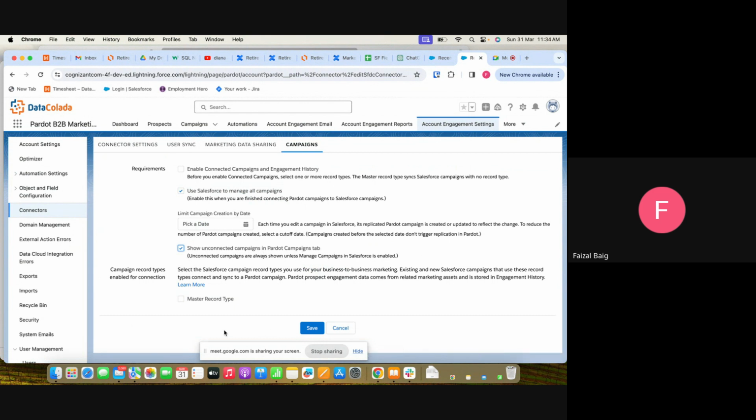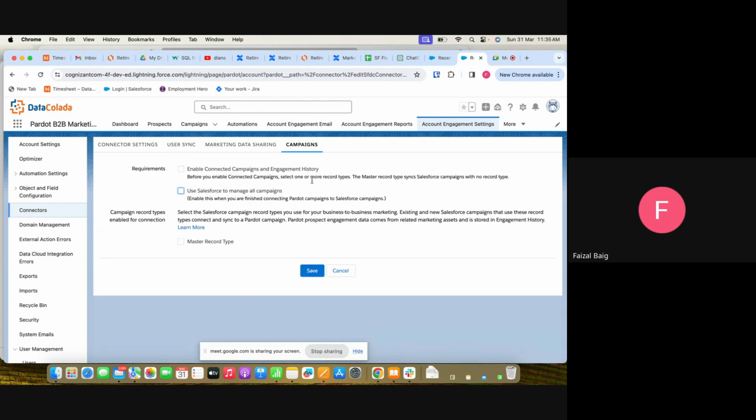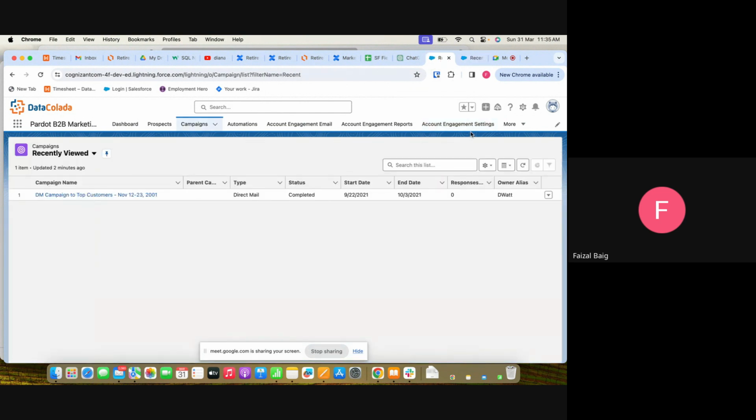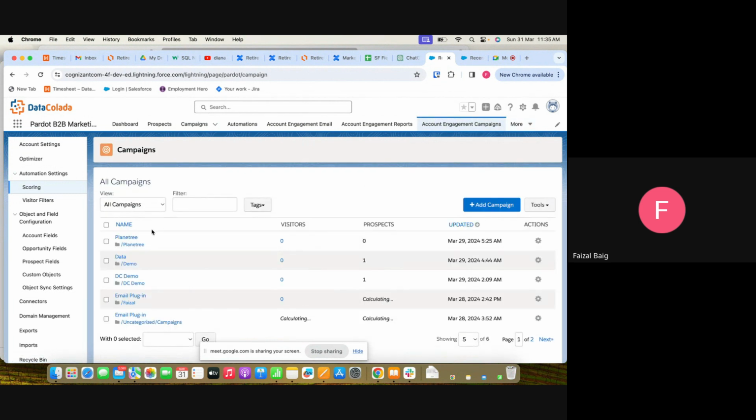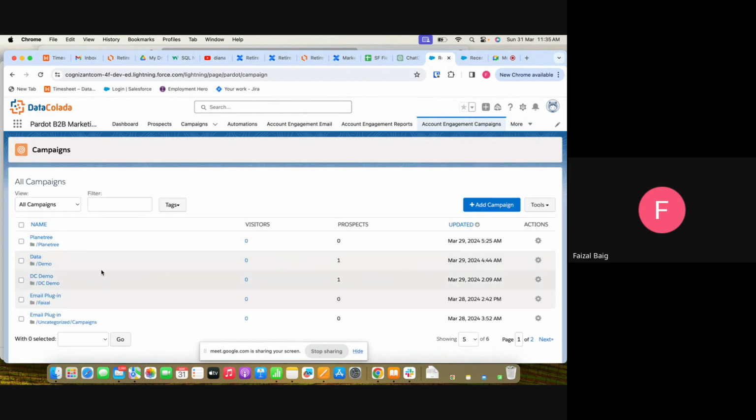The sentence itself speaks about it. Okay, so these are the two important things when it comes to campaigns. Now, as I said, we have created a campaign. In campaigns, if I select prospects under this campaign, I will be able to know how many prospects are